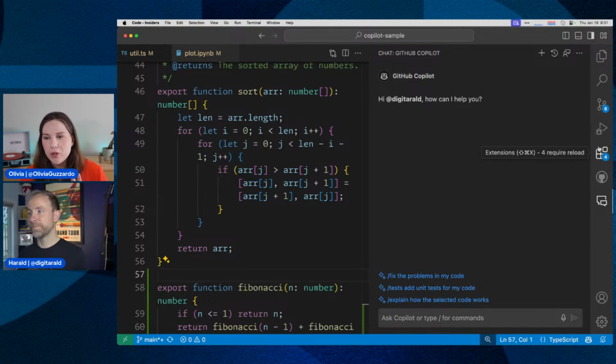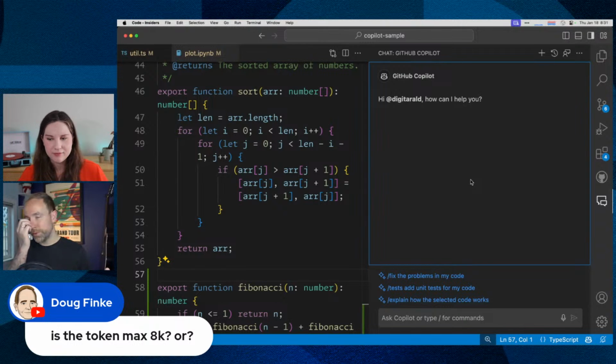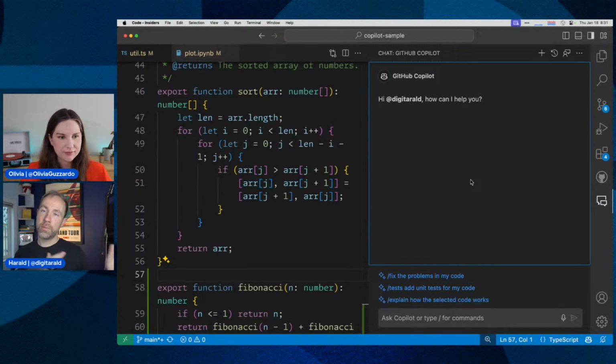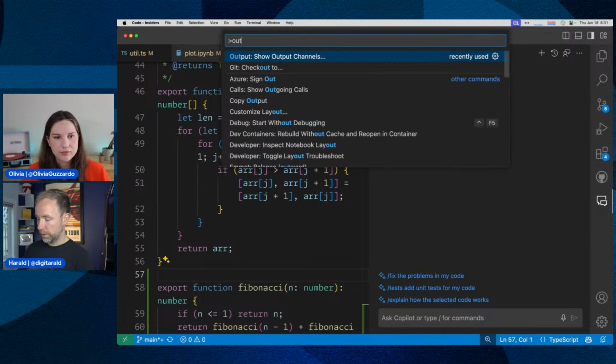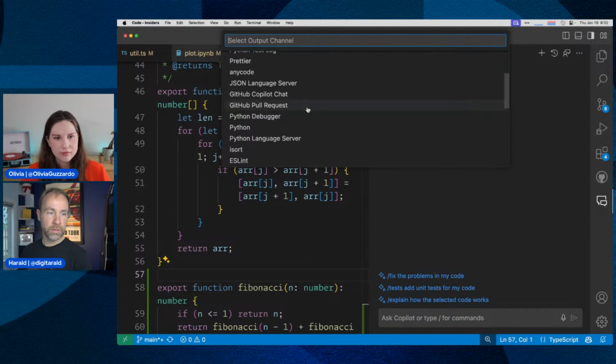Okay, we're gonna do one more question from Doug asking, is the token max 8K? Do you know what the token max is? That's always changing. So there's two places we play with token sizes: the amount of response tokens we allow and the amount of input tokens. I think most people ask a question about input tokens, just how much context can I provide? And actually, again, if you open your output, if you go into here and show the output channels, and you go into chat,